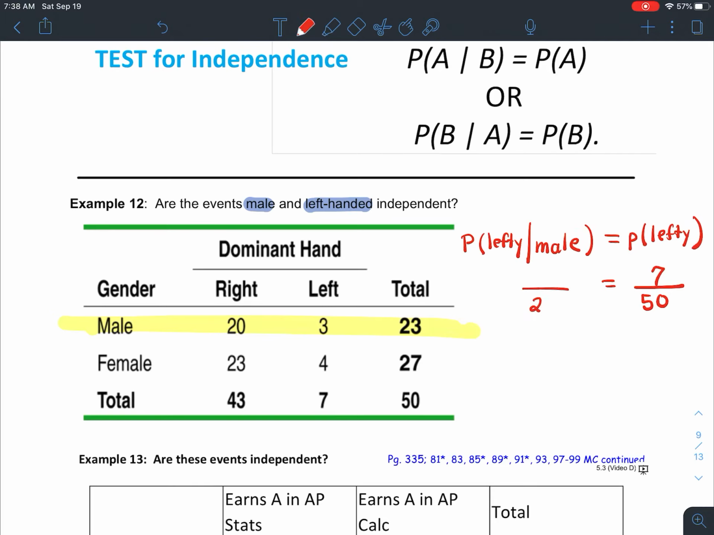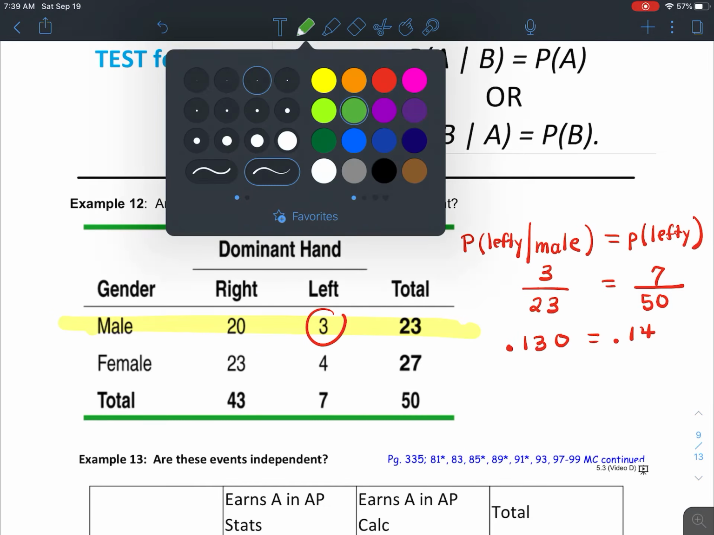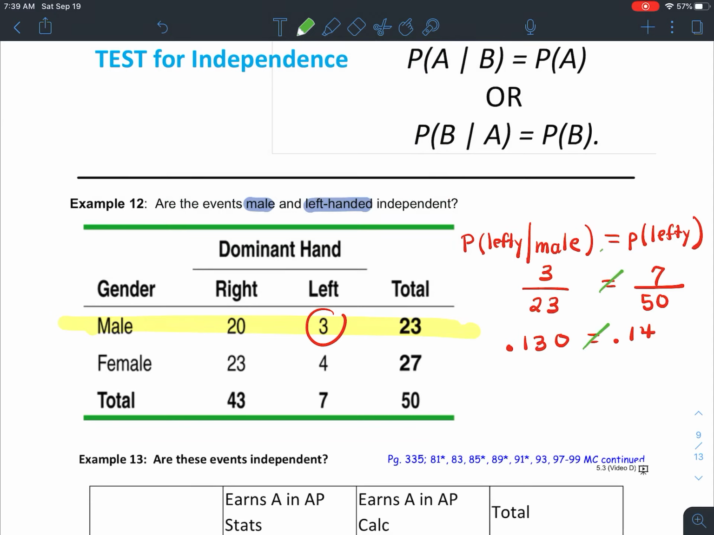Now I want to use the table to come up with this conditional probability. So now I'm saying, given that someone is a male, I'm exclusively looking at those 23 people only. How many of those males are lefties? 3 of them. And I want to see, do these come out to the exact same probability if I punch those fractions into the calculator? I clearly see I'm not getting the same number, so those probabilities are not equal to each other. So I'm going to conclude that these events are not independent. Being a male and being left-handed are